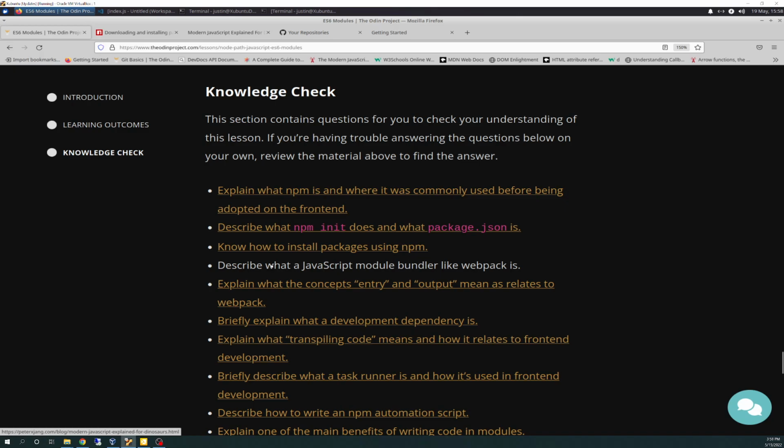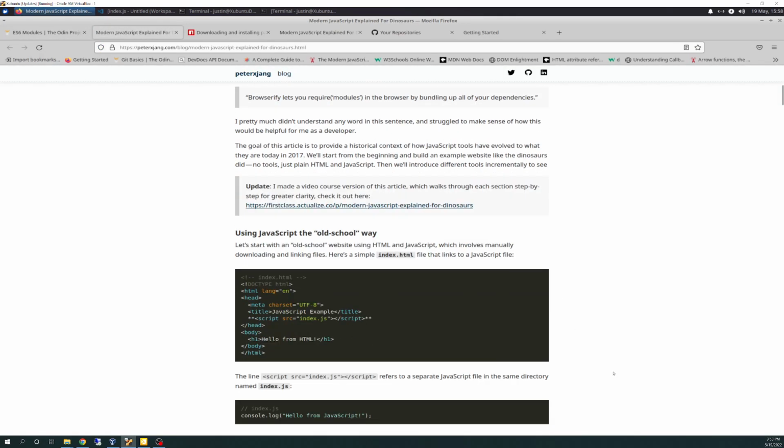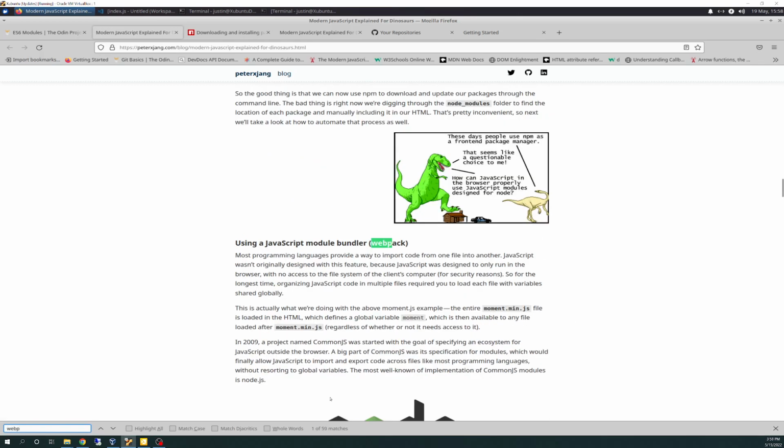Let's see. Describe what a JavaScript module bundler like Webpack is. So this takes you back out to the article we were just at. It's jumping around a lot today, but that's all right. We'll work through it. Webpack. Yep. Let's get to that section. Use a JavaScript module bundler. So basically, Webpack is, in a 30,000-foot answer,